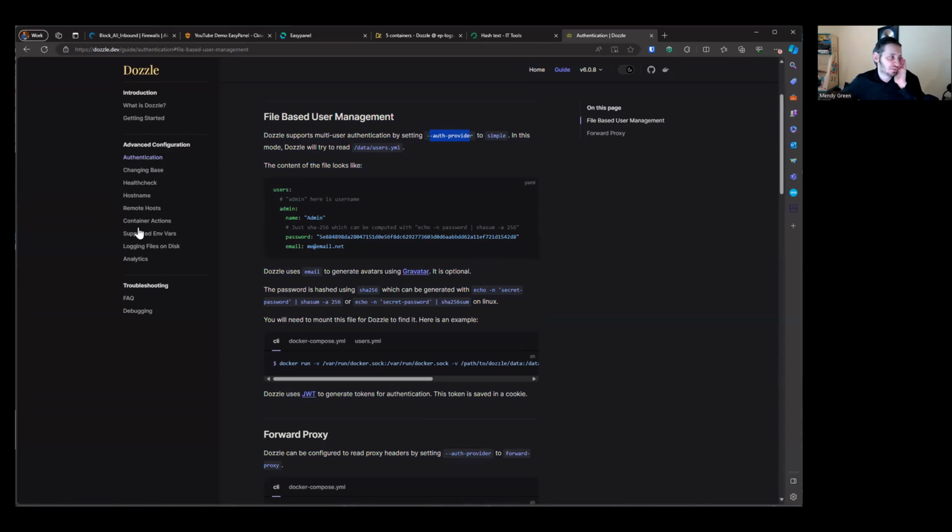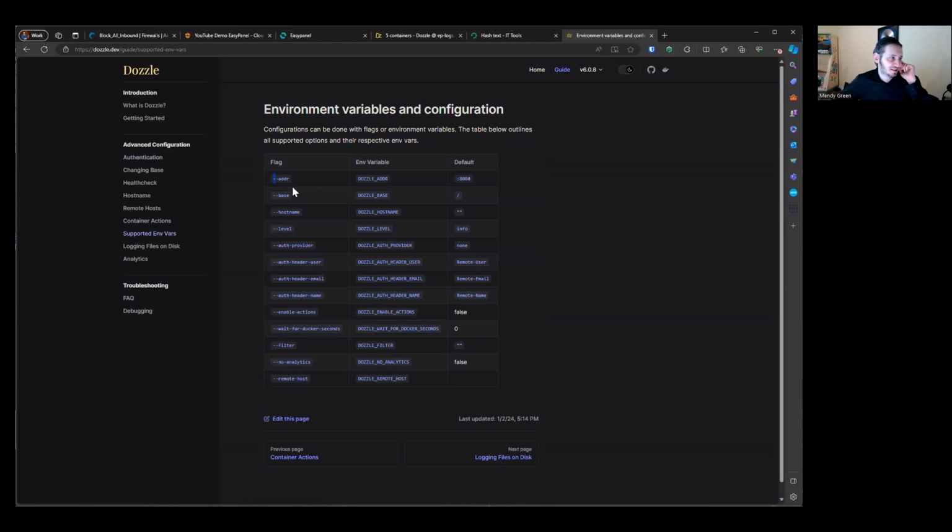And so now I'm looking through this documentation and I see, oh, I got supported environment variables. Go ahead and click on that. And you can see a list of flags and their corresponding environment variables that exist, as well as their default value, right? So we can change the address if we want to. We can change the auth provider,